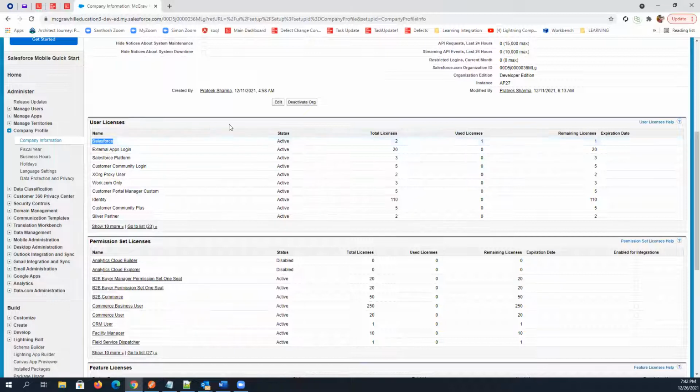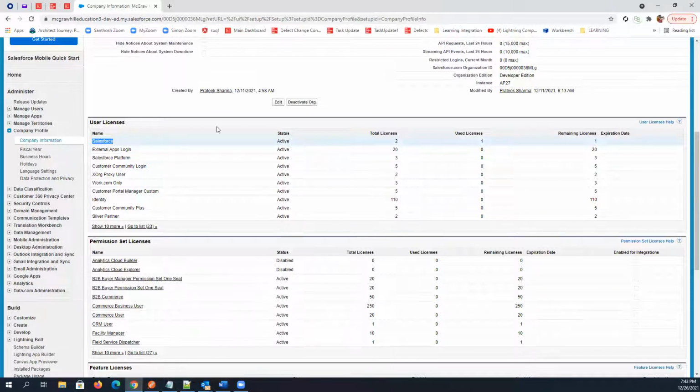We have multiple types of licenses in Salesforce, and some are free, some you need to pay for, right? The actual main user license is Salesforce. This particular license you need to buy from Salesforce. Every other license you will get as free, and in multiple numbers. But the Salesforce license is the actual user license in which you will get the entire Salesforce access. So this is the license you will use for your user creation, right?